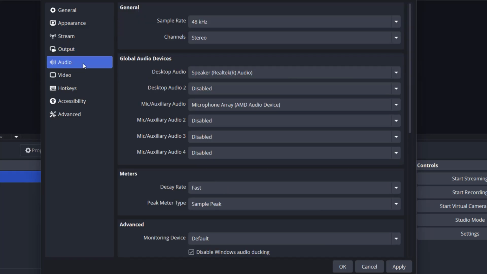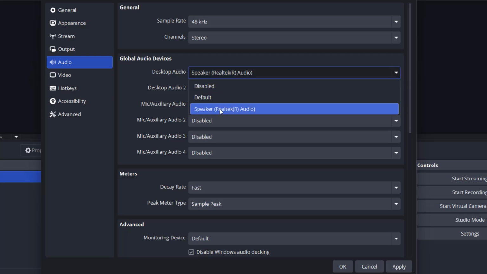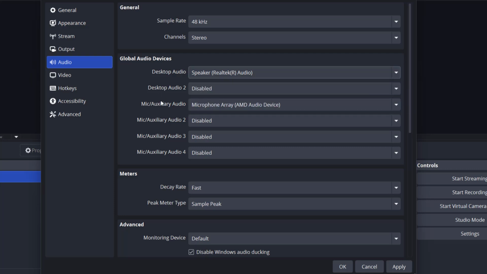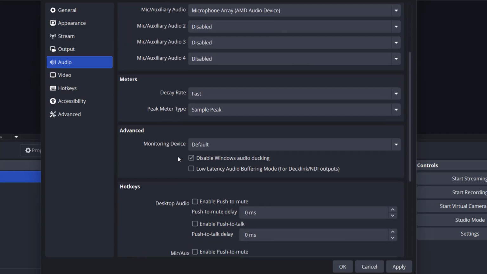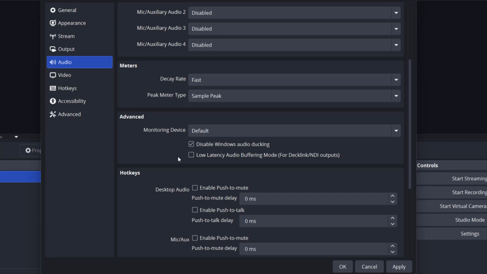After that, go to Audio and set the sample rate to 48. Then desktop audio will be default or your recommended, and the mic, that's the microphone, and you can give apply and give OK,